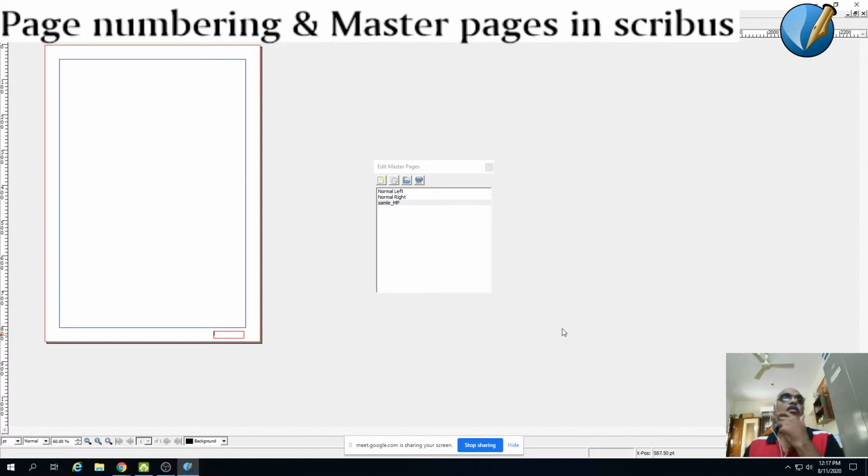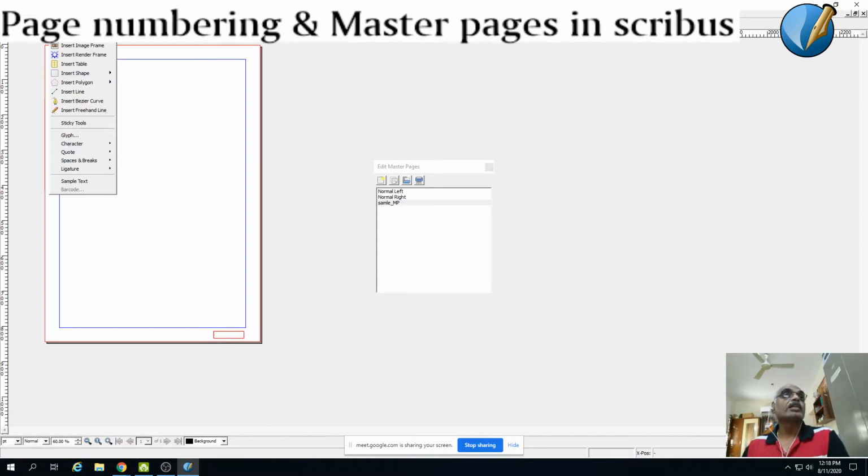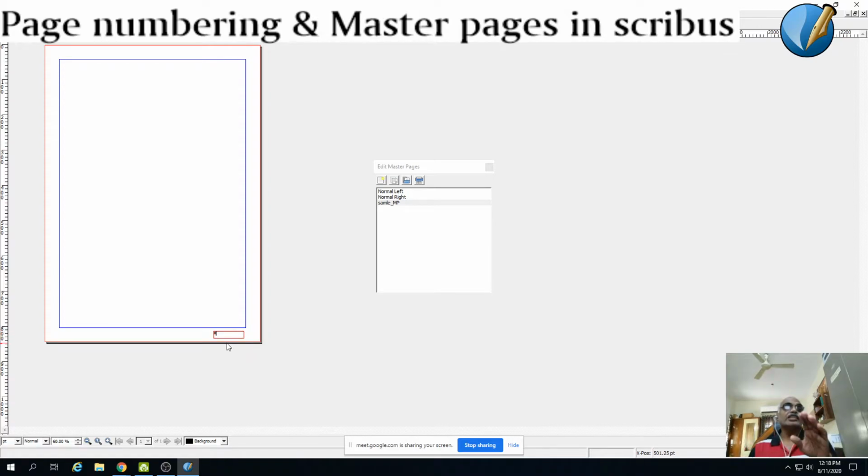You double click there, and as soon as you see the cursor blinking, now you should clearly follow the steps. As soon as the cursor starts to blink, you click insert and then character. I repeat again, as soon as the cursor starts to blink, you focus on insert and then character, then give page number. So this is the page number we are going to assign. Now this page number I am going to say is the first page, 1.